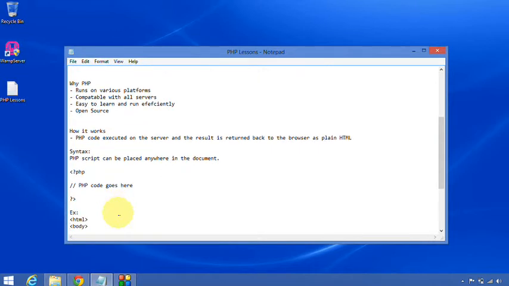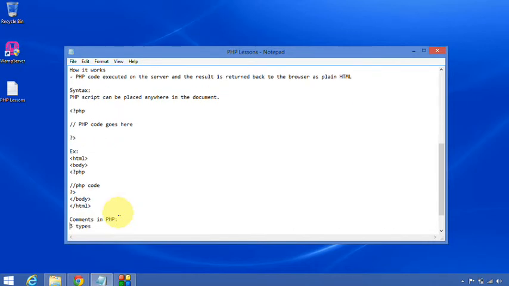Yeah, an example, like how we can place this kind of syntax in HTML. Let's see. In HTML we can place it like this. Under the body we have a PHP tag, and here our PHP code goes, and this is the end of PHP. This is all related to the PHP script, and this is the end of the body, and this is an example. Let's see one example